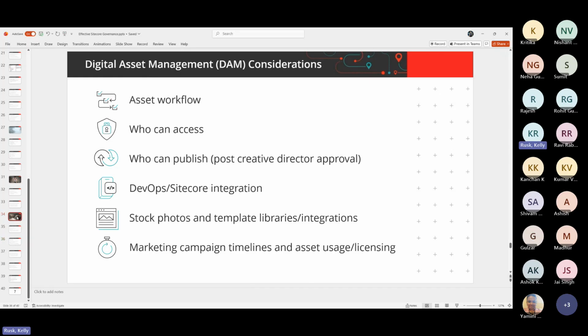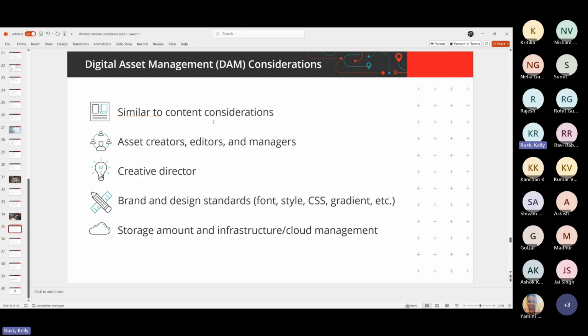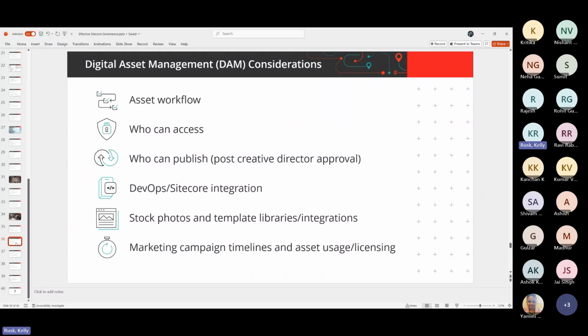So again, digital asset management, you can have a flood of images that can make your site very heavy. You need to have ownership around your brand and your images, and governance should totally be here to document. You can say, we maintain a stock library for new web pages that content authors can use. Here is how they access those images, that is your standard. And here are the restrictions, maybe on how big a size they can upload.